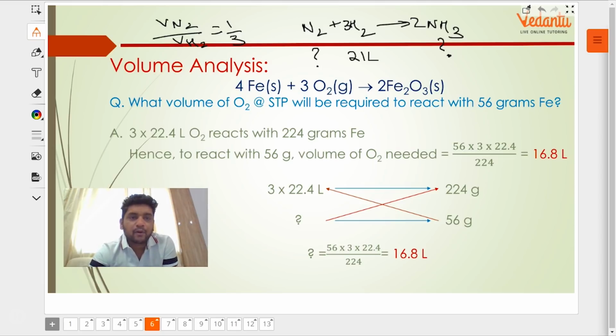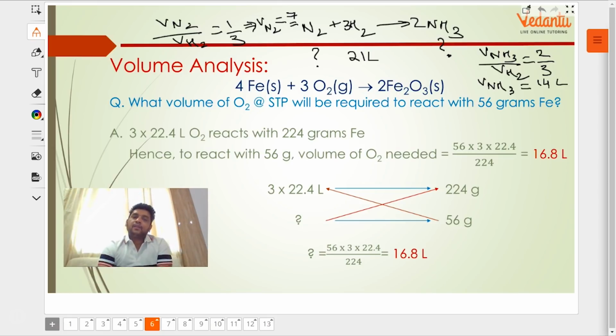तो आपके पास volume of N2 आएगा volume of H2 into 1/3, राइट, क्रॉस मल्टीप्लाई किया तो इससे आएगा volume of N2 is equal to 1/3 times 21, यानी कि 21/3 which is 7 liters। ठीक है, सिमिलरली अगर आपको वॉल्यूम ऑफ अमोनिया चाहिए तो आप बोलोगे वॉल्यूम ऑफ NH3 डिवाइडेड बाय वॉल्यूम ऑफ H2 शुड बी इक्वल टू 2/3। क्रॉस मल्टीप्लाई करो, आपको मिलेगा वॉल्यूम ऑफ NH3 इक्वल टू 2/3 टाइम्स 21 which is equal to 14 liters। तो वॉल्यूम रेशियो 7:21:14, यानी कि 1:3:2 आएगा।